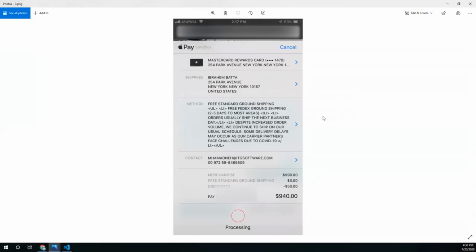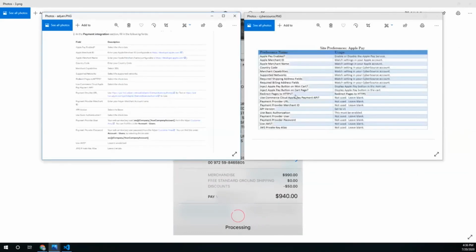Some payment methods require this hook to handle the gateway authorization and capture using their own customization inside SFCC. And some payment gateways don't require this hook to handle their authorization of the payment. For example, we have seen here two different configurations for Adyen and